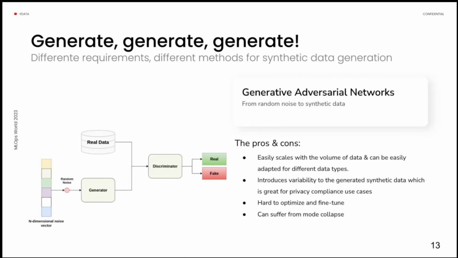They are hard or very hard to optimize and fine tune. They're actually one of the hardest types of architectures to have optimized. And they very commonly suffer from mode collapse, not model collapse. I'll be touching upon that later on, but definitely mode collapse. So they tend to learn a specific distribution of your data or behavior of your data and generate a lot of that. So they are kind of tricky, though for big, huge data sets, they are really great.